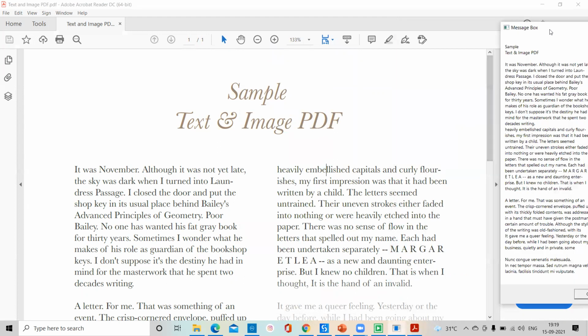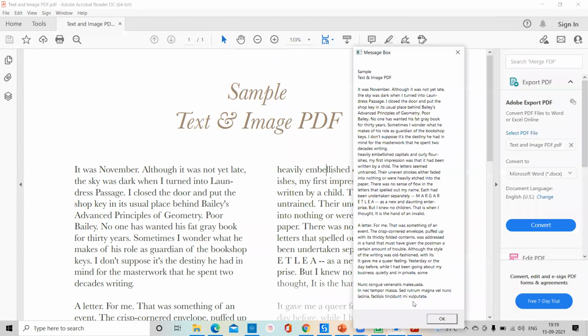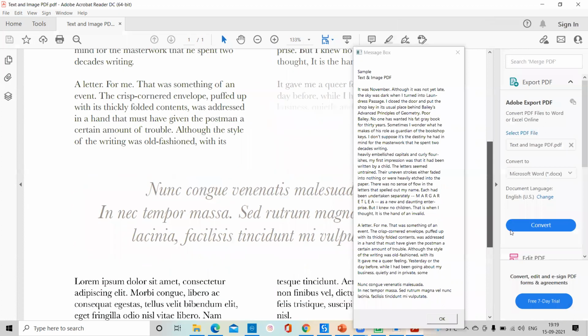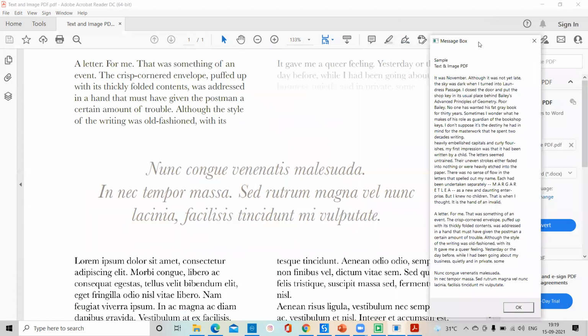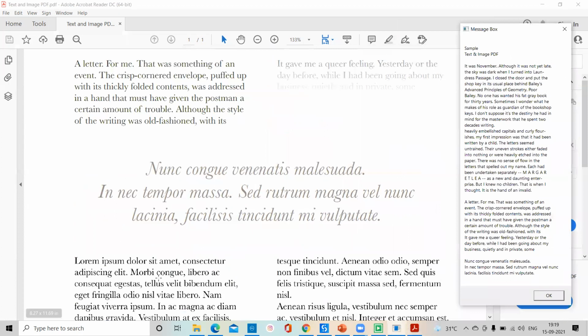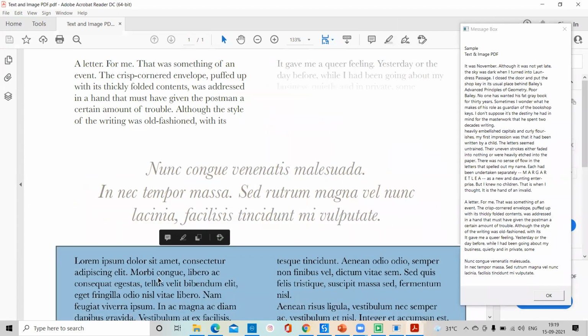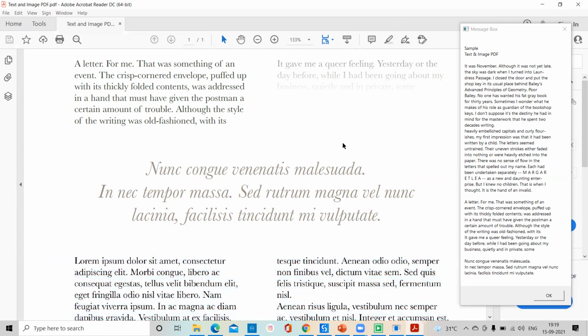You have to notice, if you come here in the message box till Volputate, so whatever the text data in your PDF, we are able to get. But if you ask me for the Slorium $impulse, that data we are not able to get. Okay, so that data is not showing in the message box. For that we'll use the OCR, optical character recognition. I will also show you that part, but especially this read PDF text is for extracting the text data from your PDF. Okay, so right now it's working fine.